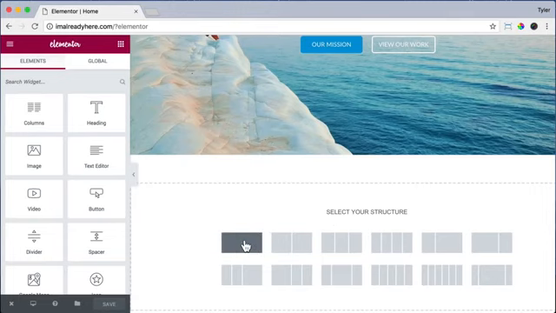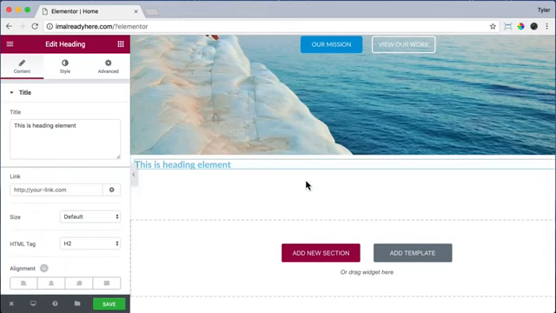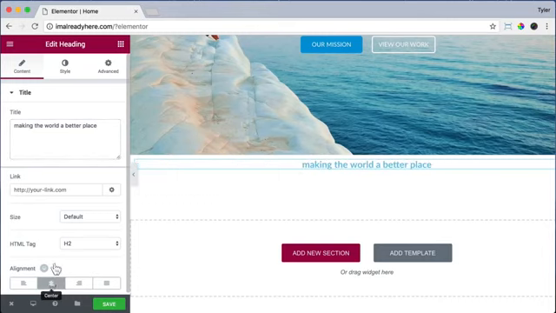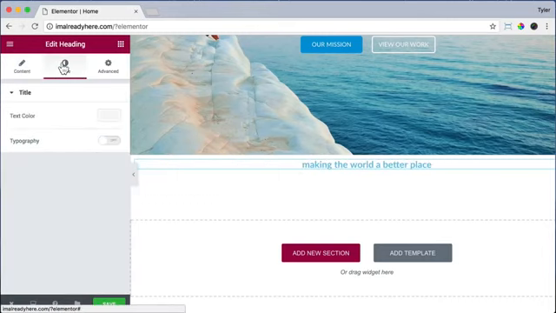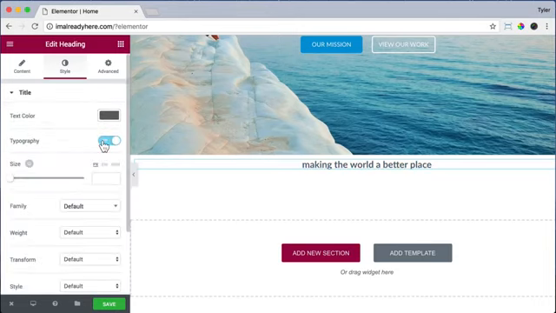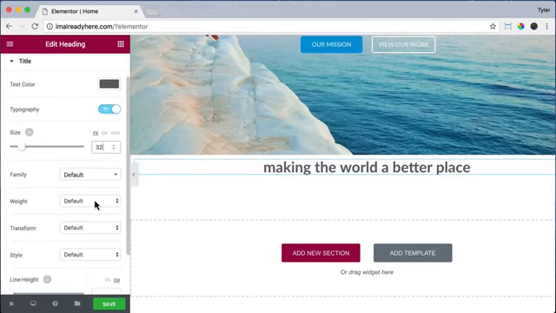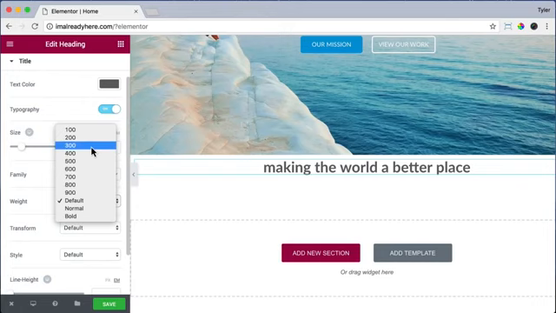Again, we're just going to choose a single column, and now we can drag in another heading. For the heading title, we're going to type Making the World a Better Place, and under alignment, we're going to center it. Then we can click on Style and change the text color. We're going to change it to 636363. Then click Typography on, and for the size, we're going to put 32. For the weight, we're going to choose 300, which is going to make it thinner,